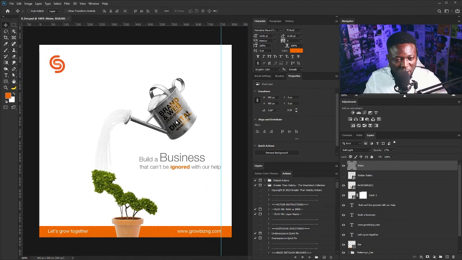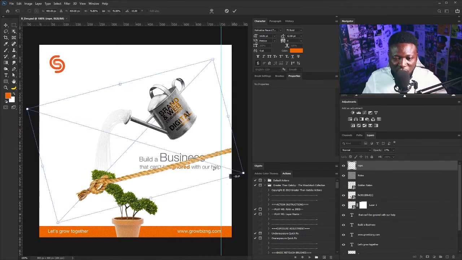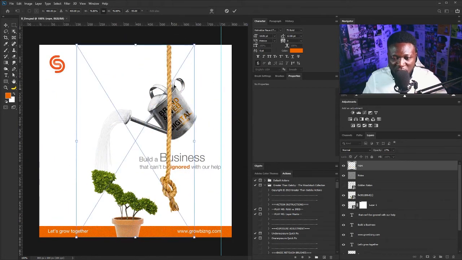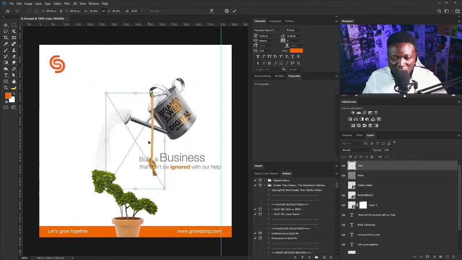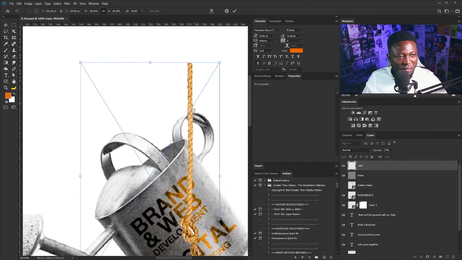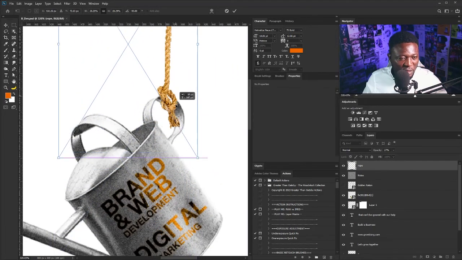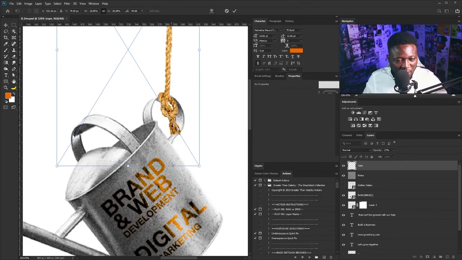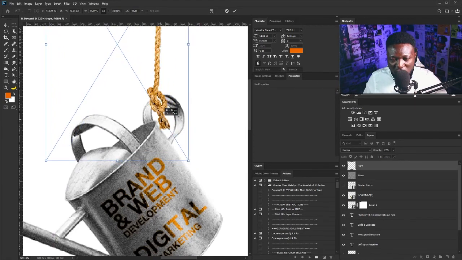So if I leave the watering can the way it is now, it's not going to look real. So we need to add something to show that there's something holding it. So I'm going to just drag this rope and drop like so, and I'll rotate this. Let's bring this down. Just bring this here. Zoom in. This position is somewhere here,